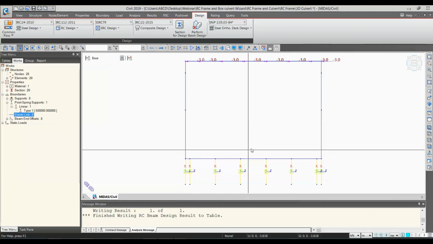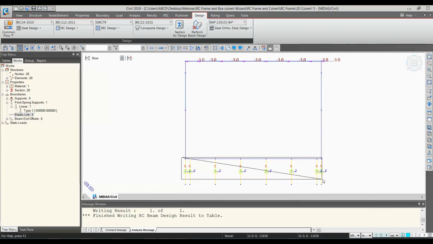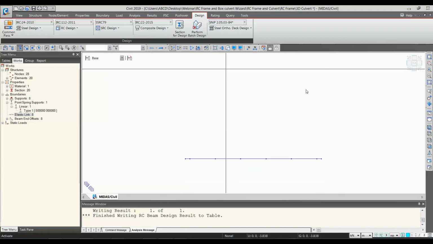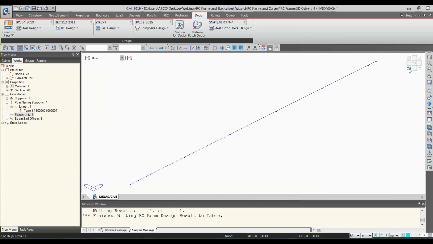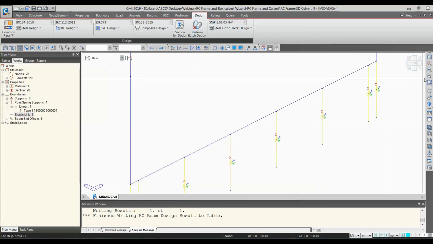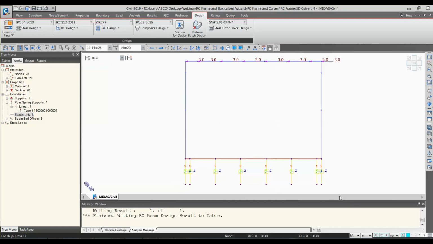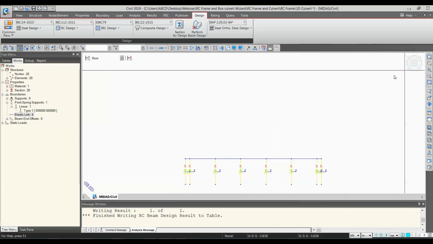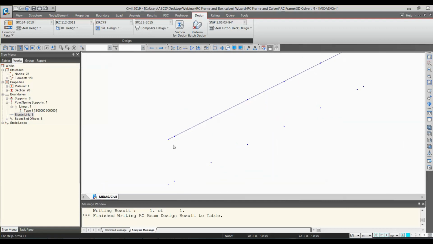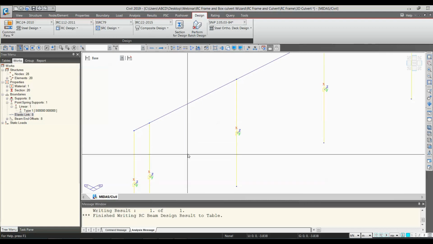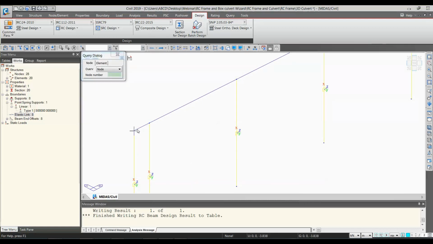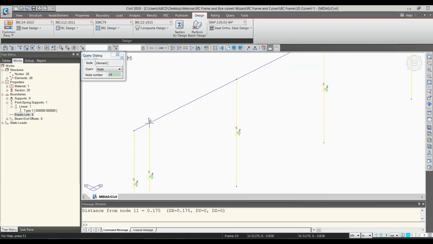So if you go here and display it, the stiffness depends upon the area shared by that element. What I mean by this is, if you see this, this is 0.175 and this is 1 meter.